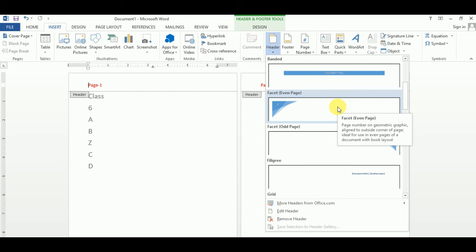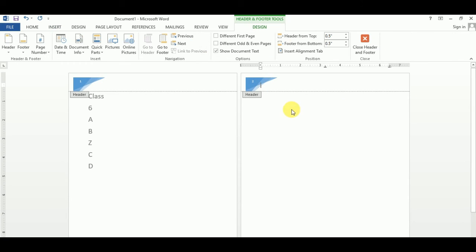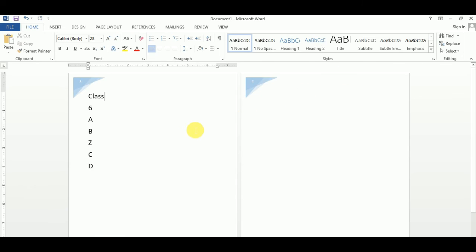Okay, so double click on this. Yes, you can see the page number is automatically generated: page number 1, page number 2. Yes, this one is correct. But you can see some design is automatically generated in my document.